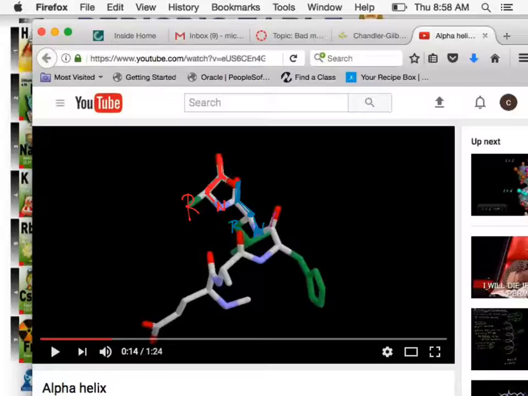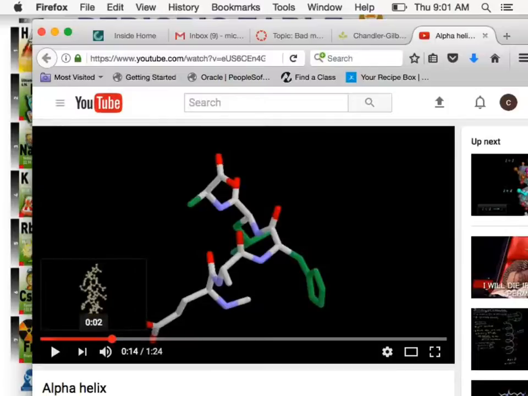Then we have our purple. There's our next carbonyl, our next R group, and then our next amine. Does that help you kind of see where they are? Okay. So what they tried to do at first, and now I've got to get rid of all of that because we need to go back to the video,